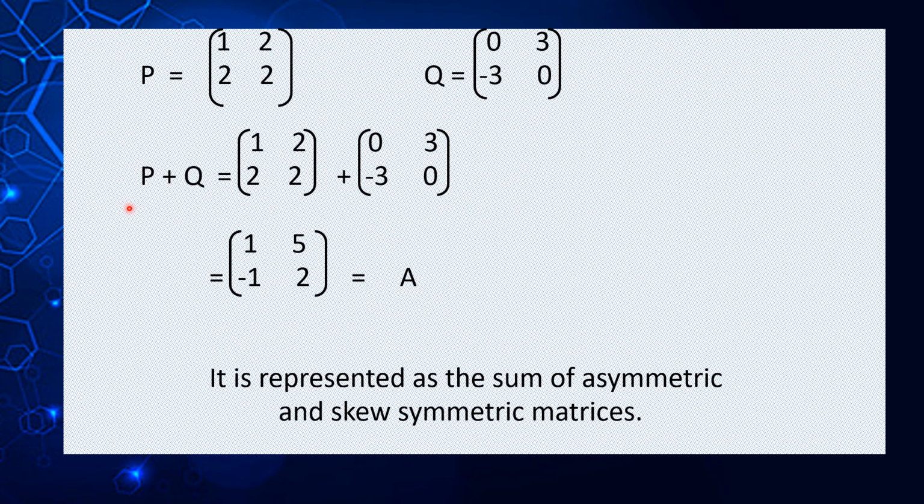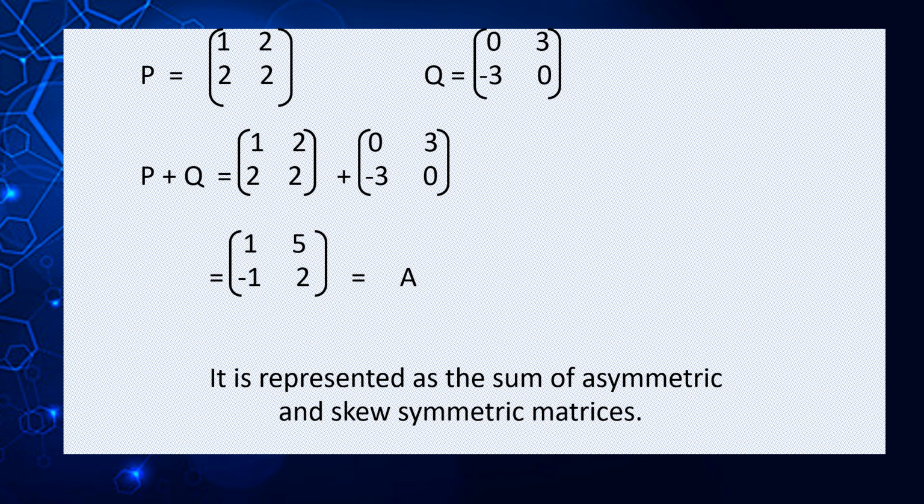Now add P and Q together, that is [1, 2; 2, 2] plus [0, 3; minus 3, 0], which is equal to [1 plus 0, 2 plus 3; 2 plus minus 3, 2 plus 0], which is equal to [1, 5; minus 1, 2], which is equal to A. Therefore it is represented as the sum of symmetric and skew symmetric matrices. So we have finished that question. This was the last question in the